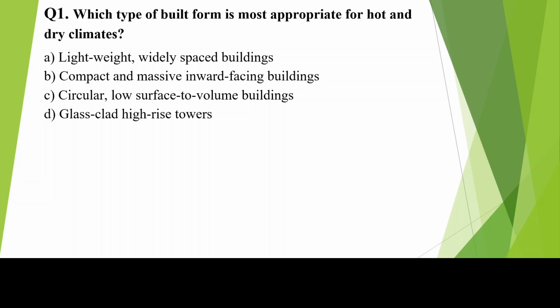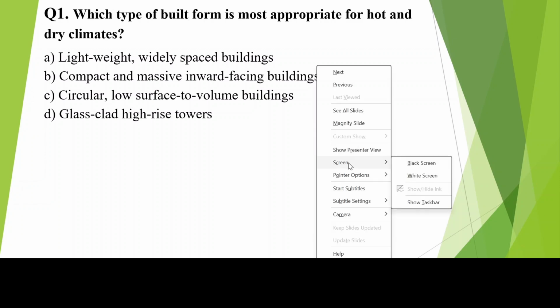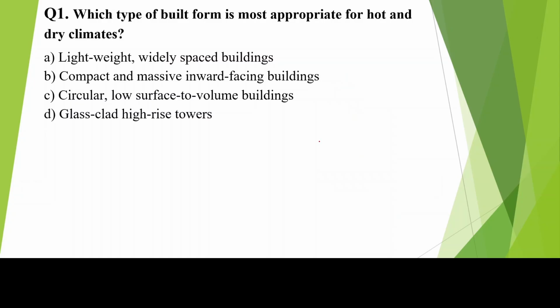When you are studying hot and dry climate conditions, it means it is already hot or warm. So you will be trying to reduce the solar radiation inside the building, and you will opt for the compact